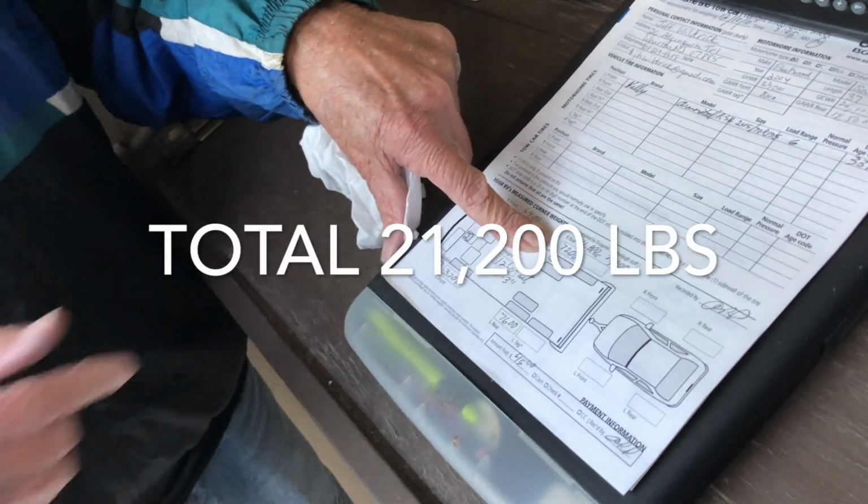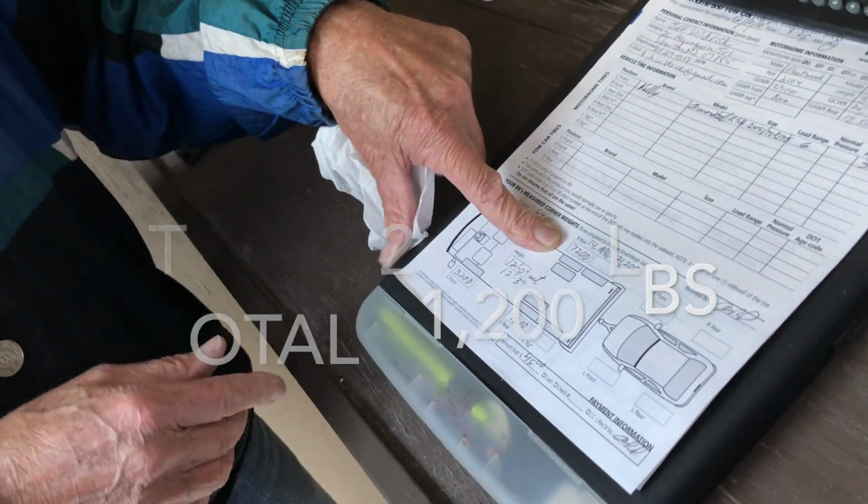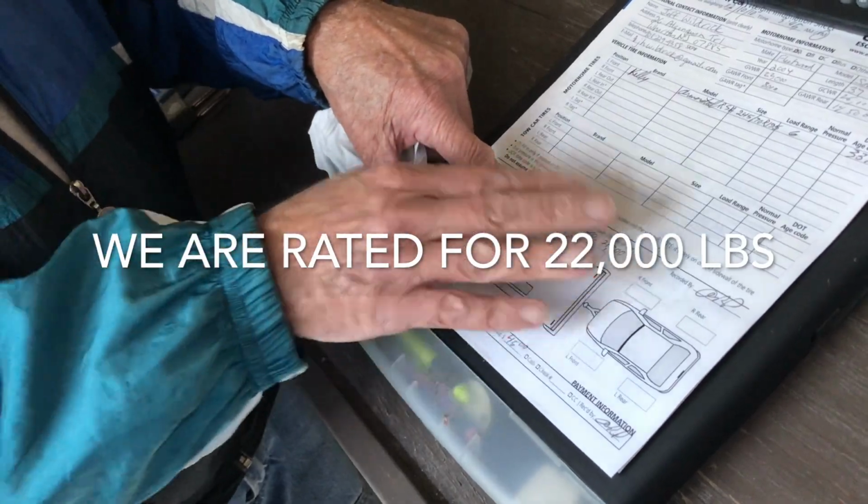But this driver's side is the kitchen side. That's typically a little heavier. But be aware of it. Try to move stuff over if you can. Okay. The second thing is